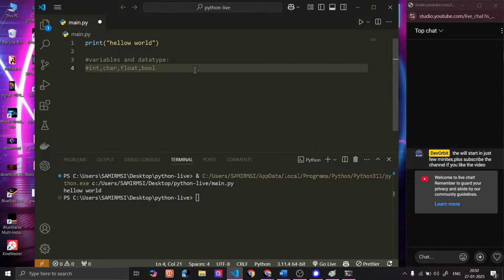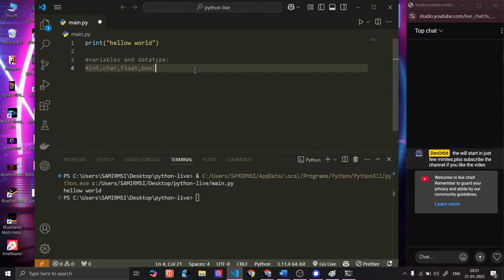Next is character, or in Python's word, char. Char, as the name suggests, stores character values. Float is basically used for storing decimal values. Just like if you want to store 2.5 or 7.10 or 10.9 using Python, then you have to use the float